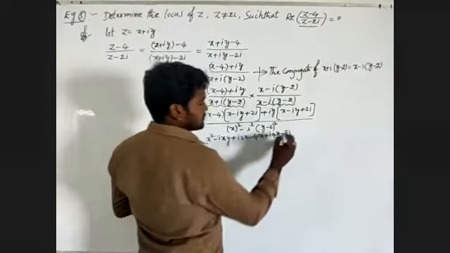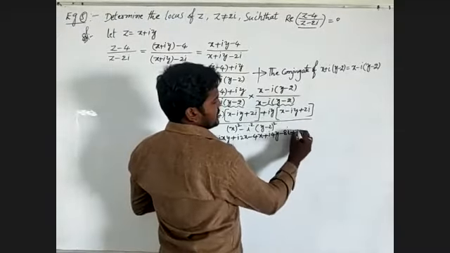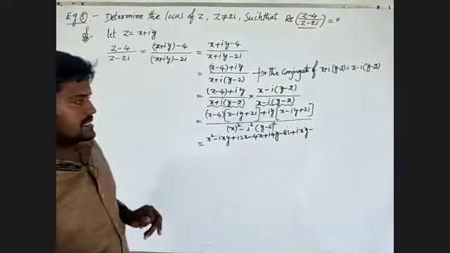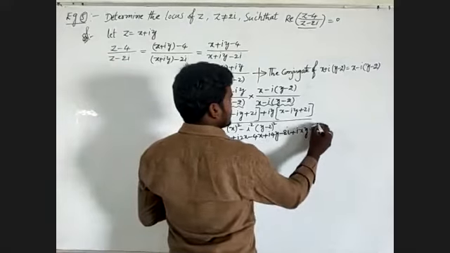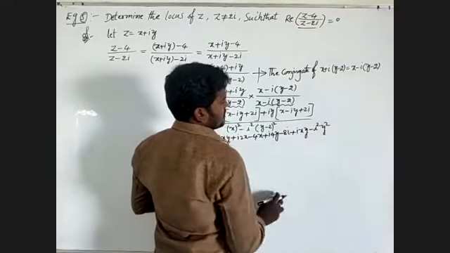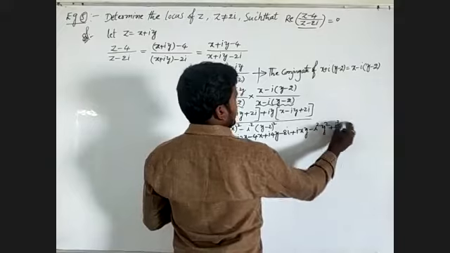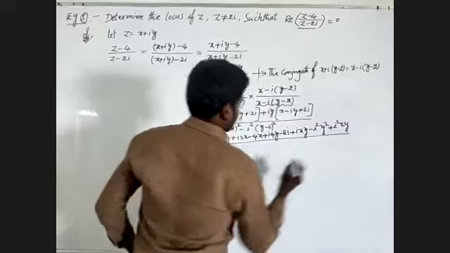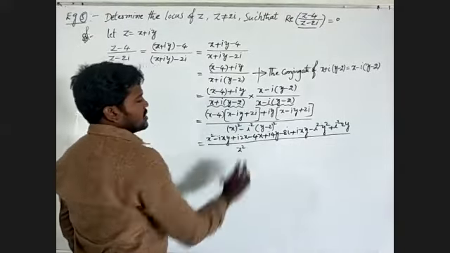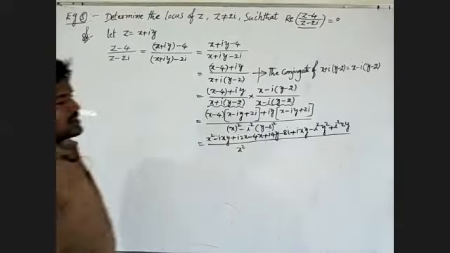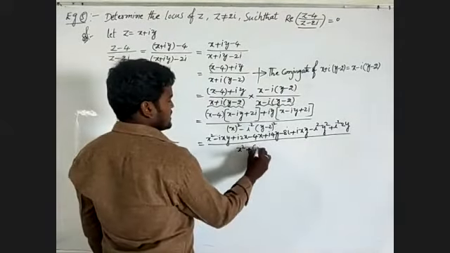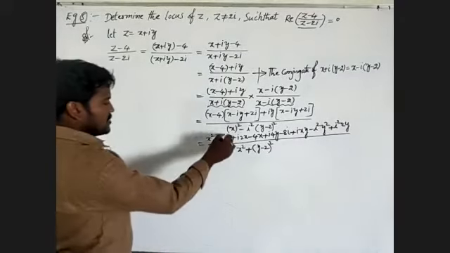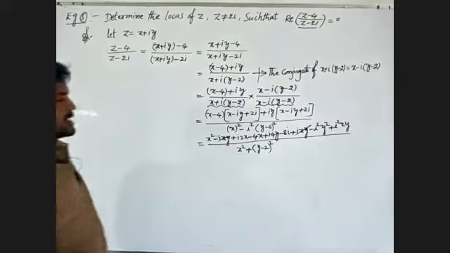After that, i into xy, that is ixy. Plus into minus becomes minus, i into i is i square, y into y is y square. Plus i into i is i square, 2 into y is 2y. The denominator must be written as x square, where i square is equal to minus 1, so minus of minus 1 becomes plus, remaining y minus 2 whole square. We have cancellation, where minus ixy and plus ixy are cancelled.